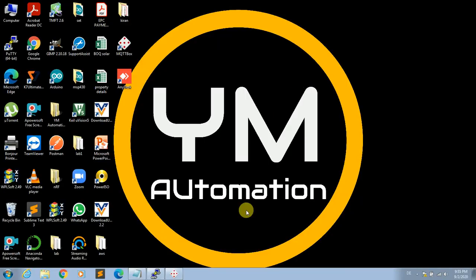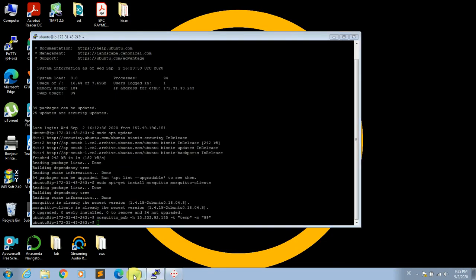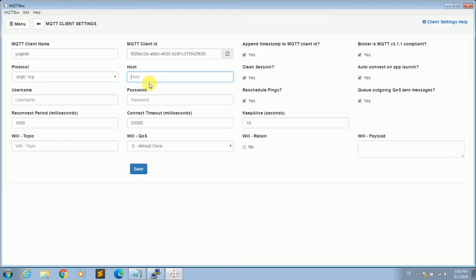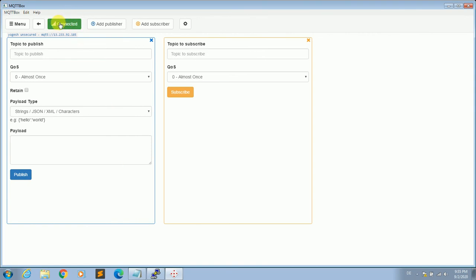So copy only your IP and put it here. We don't use the username and password, right? So I'll name this Yogesh unsecured, because without username and password it is unsecured. I click on OK. You could see it change from not connected to connected. So this means this server is working now.